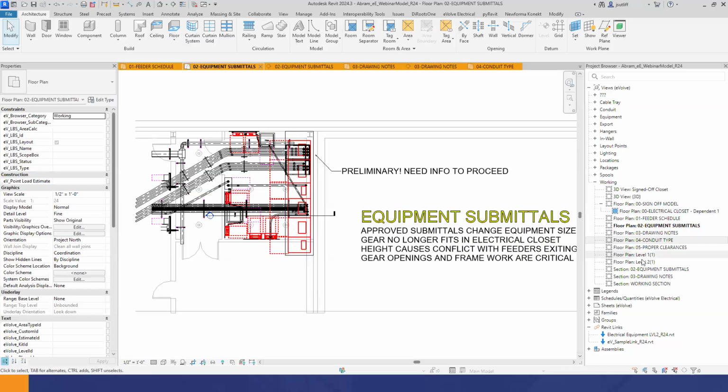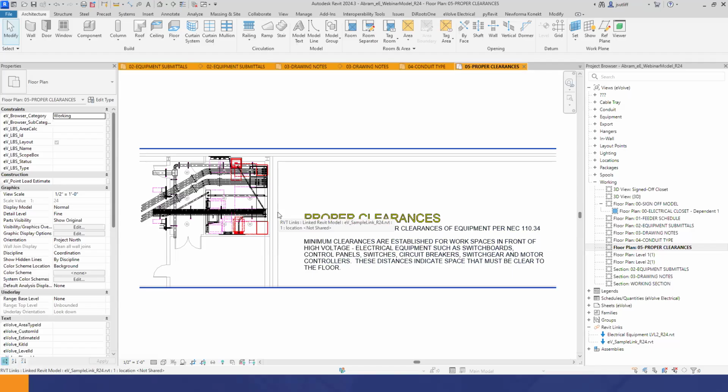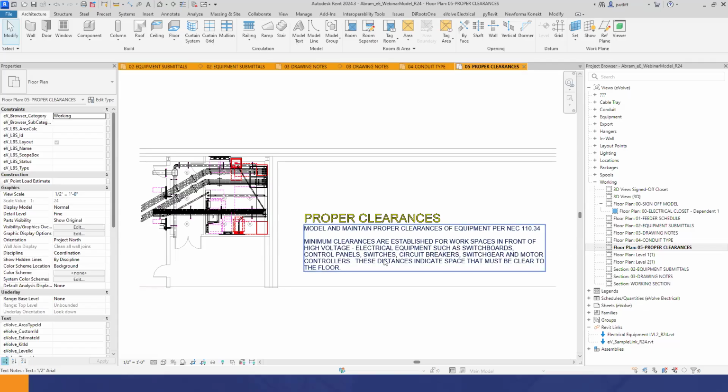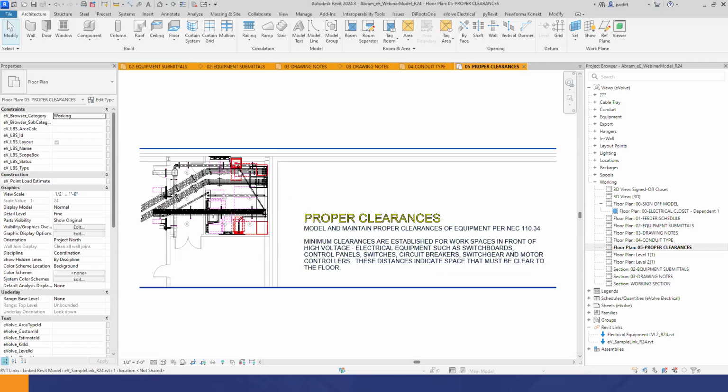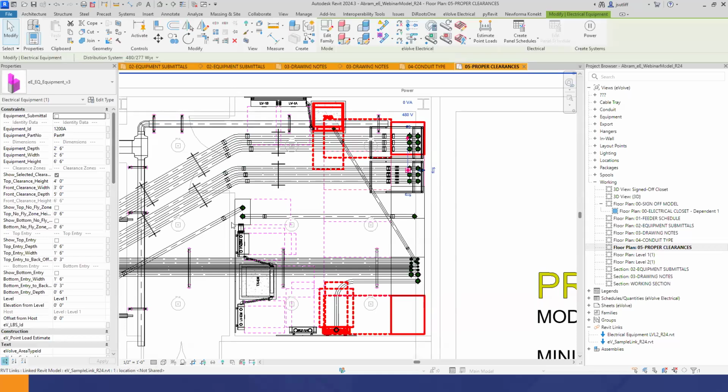And the last part of the model that I have here is that proper clearances are hugely important. I ran into this one on a number of projects where all of a sudden our closet wasn't big enough. And I believe, based off the research, NEC 110.34 talks about the clearances and very specific distances of clear space in front of equipment based on voltage, based on a grounding wall behind, and those types